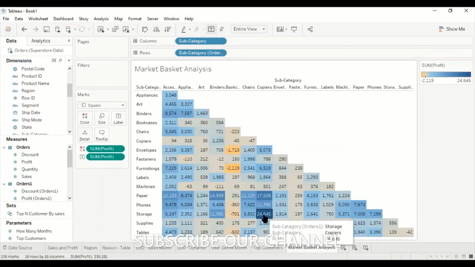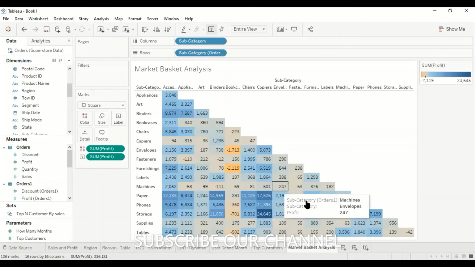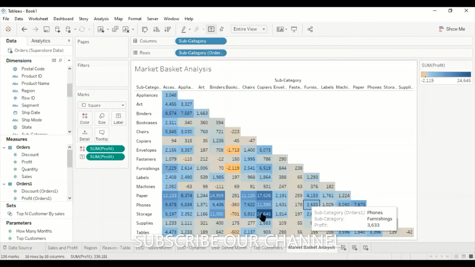Similarly, it is up to management which market basket analysis they want to perform, which products they want to combine. So that also can be decided. If there is a huge demand for one product and less demand for the other products, you can combine those. But before making the combination, just check here in the market basket analysis whether it is possible to match those products or not. In the same way, this is going to give me more profit.